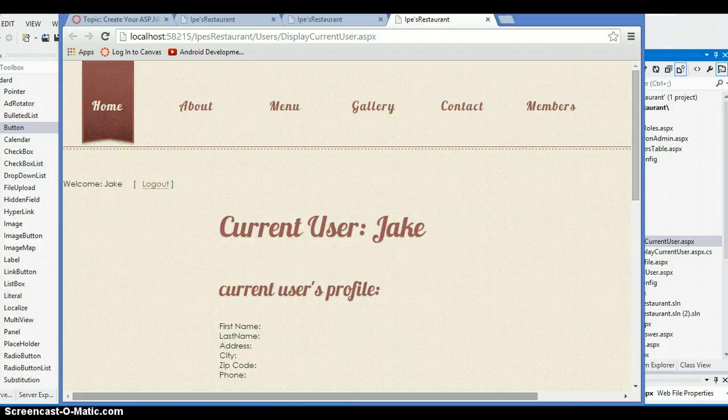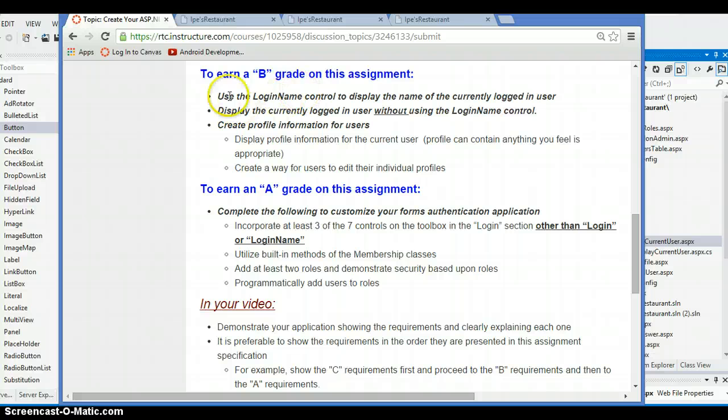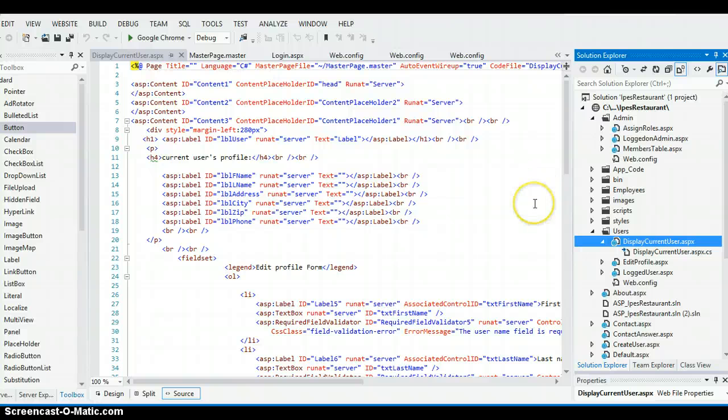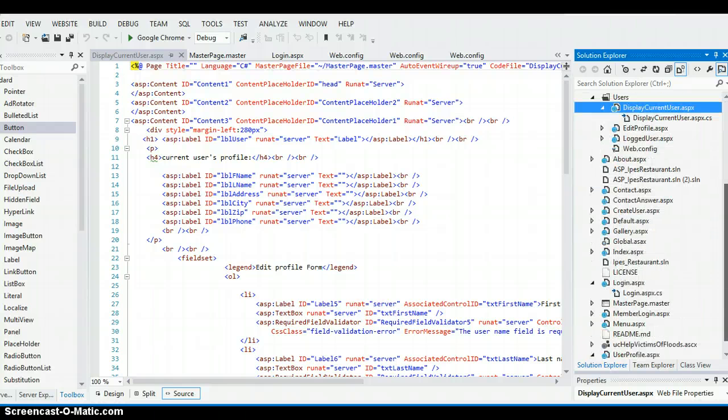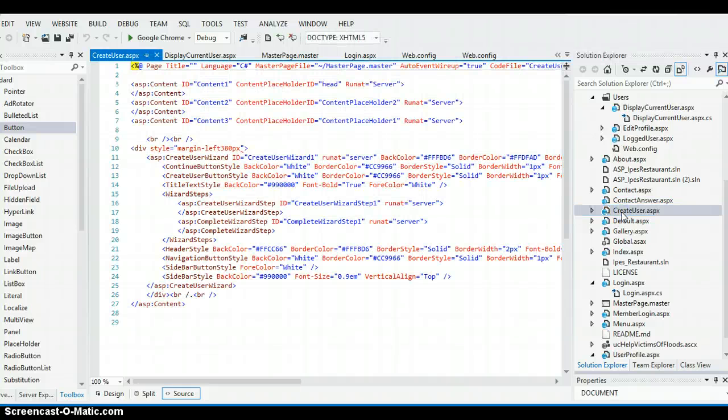Let's see other requirements here. So I showed this and this: create information for user, profile information for user, and display information of current user. Let's try to show that. I used this create user page here